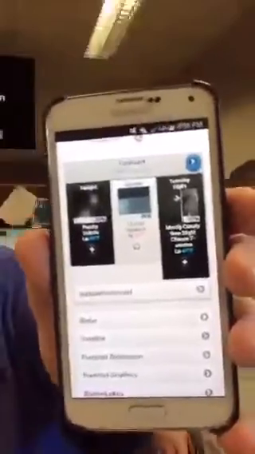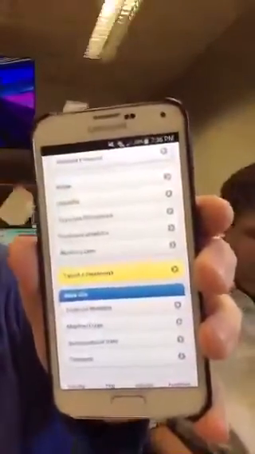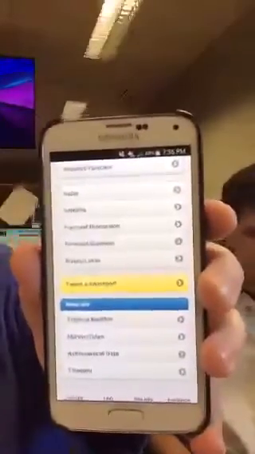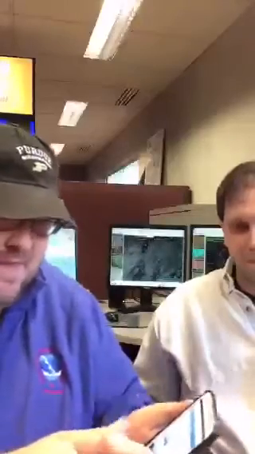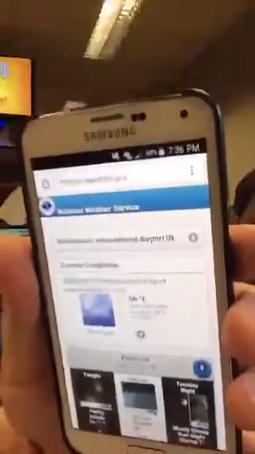Radar, satellite, forecast discussion, forecast graphics, flood info under rivers and lakes. You can tweet us a weather report, things like that. So, I've got my page there. If I go and hit the little 3 dots here up in the corner there,